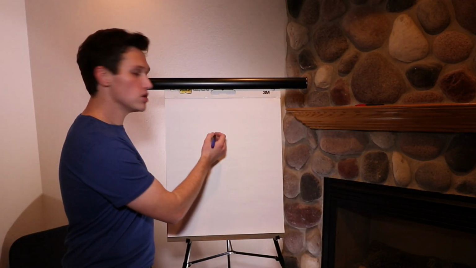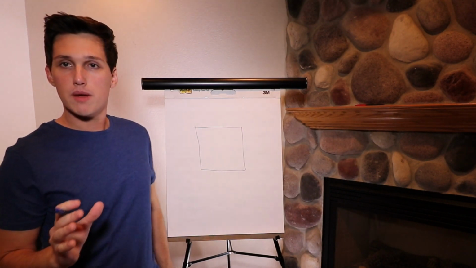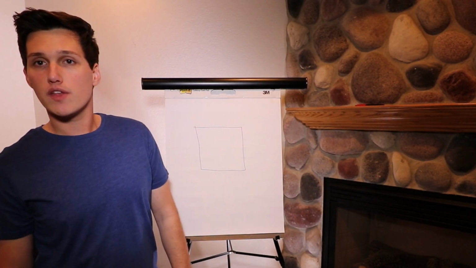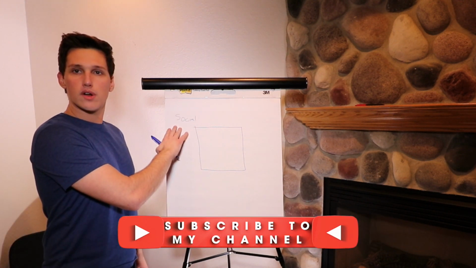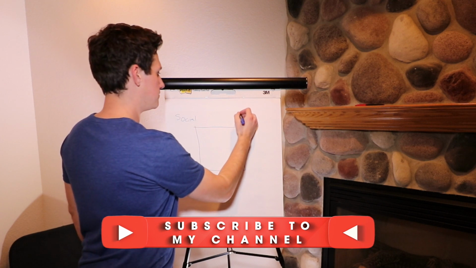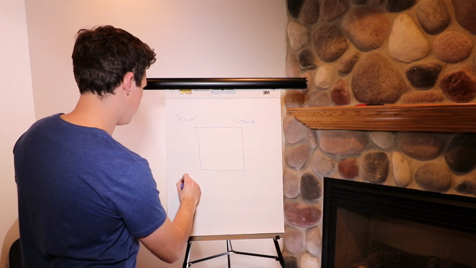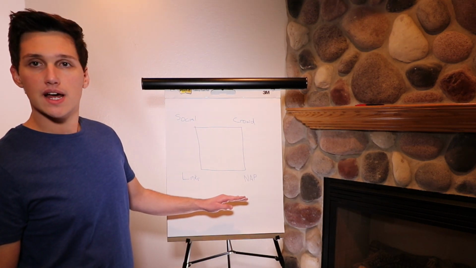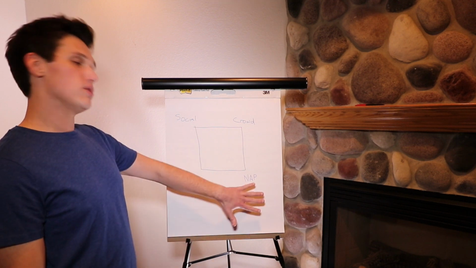So what I'm going to do is start off by drawing a square on the page here to illustrate my point. Now if you have a piece of paper and a pen handy, you might go ahead and draw this too, just so that you can see it better for reference. Top left corner of our square we're going to have social. Top right I'm going to write the word crowd. Lower left I'm going to write the word links. And in the lower right, I'm going to write the letters NAP, which stands for name, address, phone number, or what we refer to as NAP.